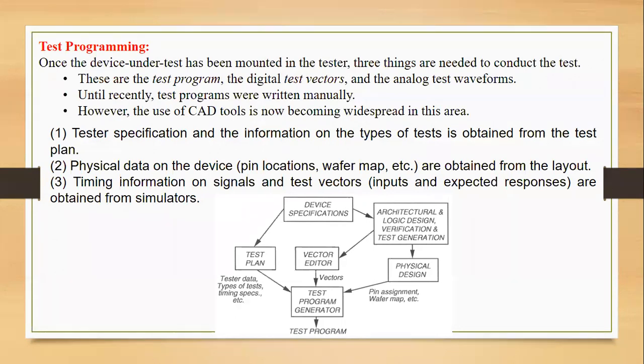That is the digital test vector, the initial operation, and also the analog test waveforms. So test programming is the front end. The digital test vector is the initial operation, where the logic is changed in the circuit or whatever changes are done. And the analog test checks based on the clock rate, operating frequency, and the input, operating voltage and current levels, all that can be checked there.